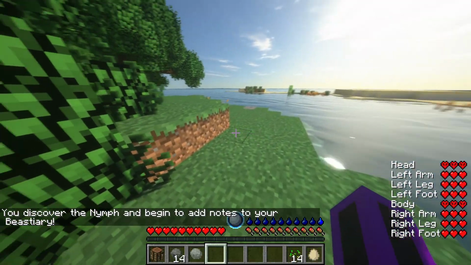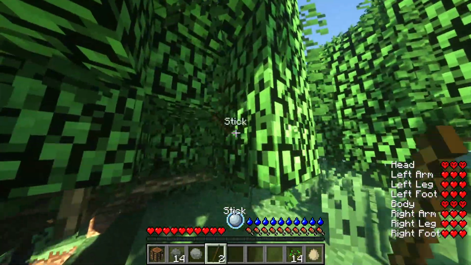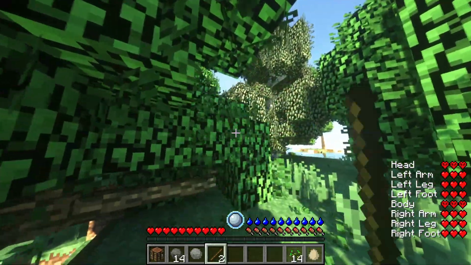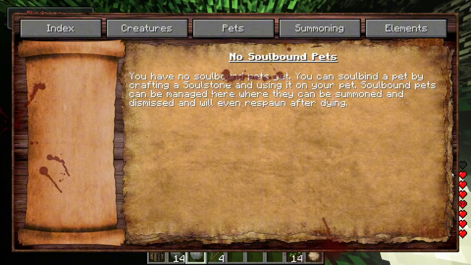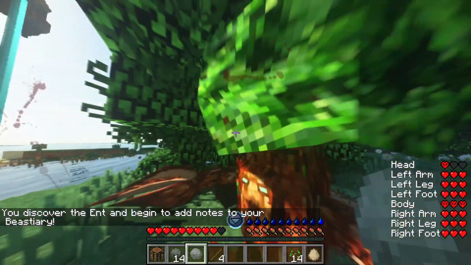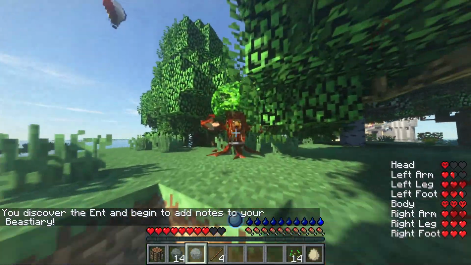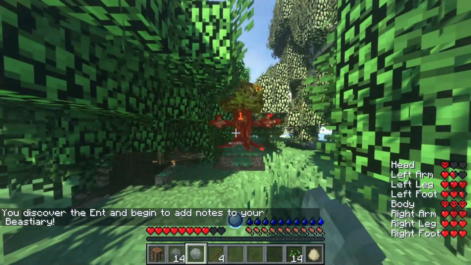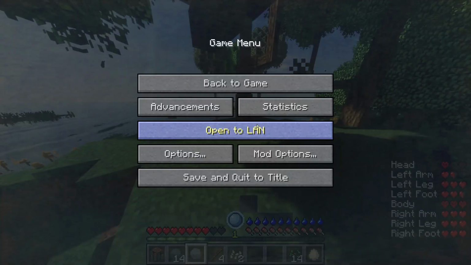After getting the rocks, I went to go get some sticks, and I ended up breaking this tree, and I got jump scared by this tree monster. I ended up taking this guy out pretty easily. There was no issue with him. It did scare me though, so I had to pause my game and